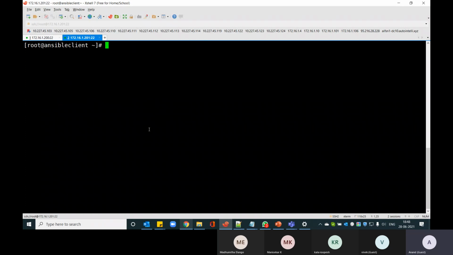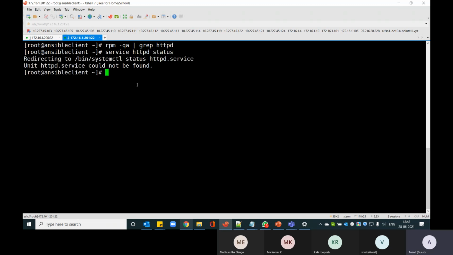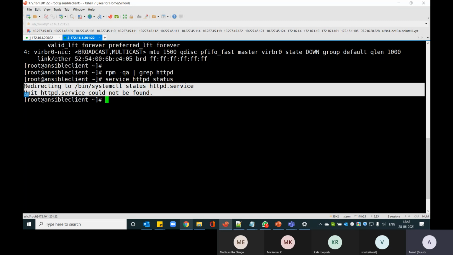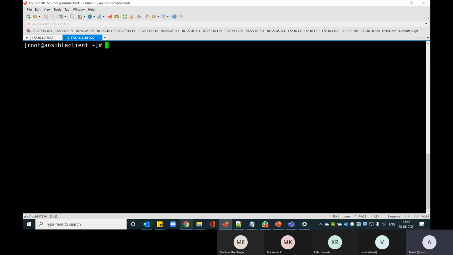So what we're going to do now is work with a pretty much fresh installation of CentOS. It has got nothing. We are going to set it up as a web server, a LAMP stack we can call it. I'm going to install HTTP, create an index.html file from the master and push that content, and then access it through my browser to see whether whatever I did with Ansible is working fine. That's what we are going to do. I just want to verify that nothing related to HTTP is currently installed in the system. I'm going to verify with RPM to see if HTTP is installed. No. I'm also going to run HTTP status to see, and it is not installed. So again, it's a fresh box.